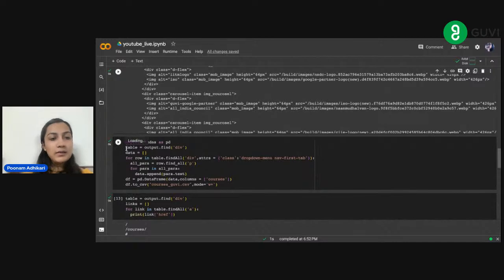To extract the different tags that are available in the HTML file, you're going to say output.find. Find is going to give you one tag. Find all is going to give you all the available tags. You can specify the attributes in the form of which class or which ID you are looking for. Inside this particular div,